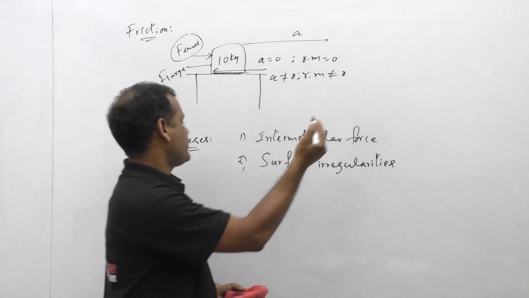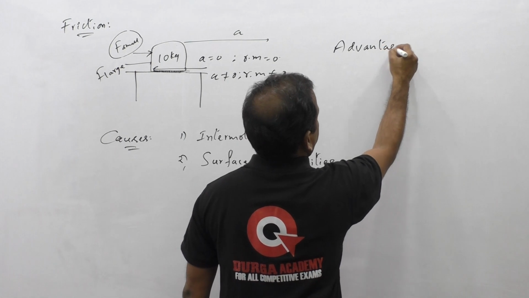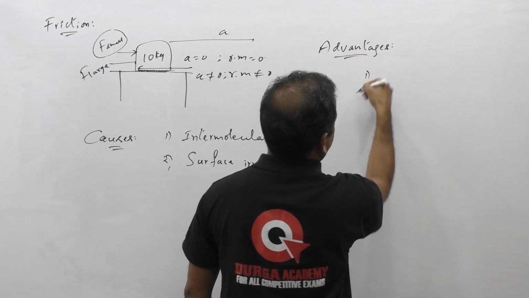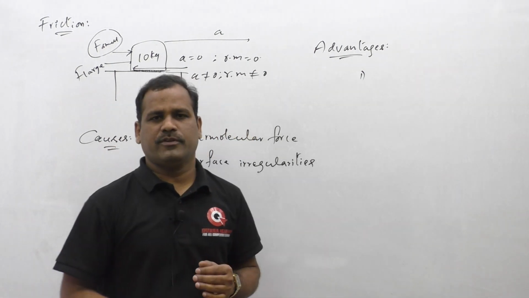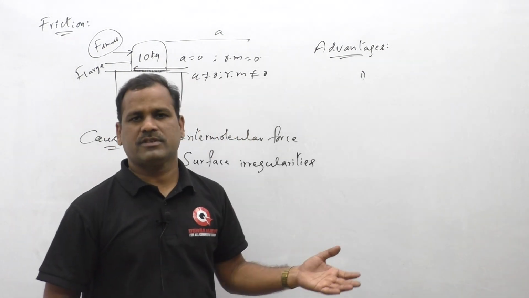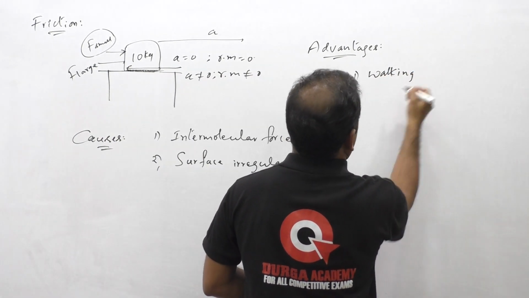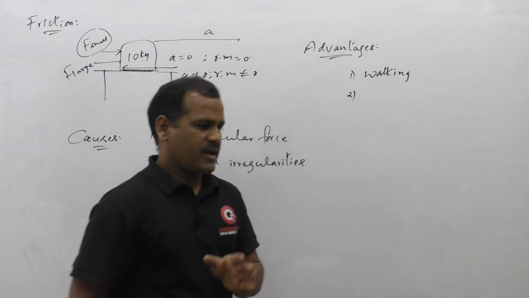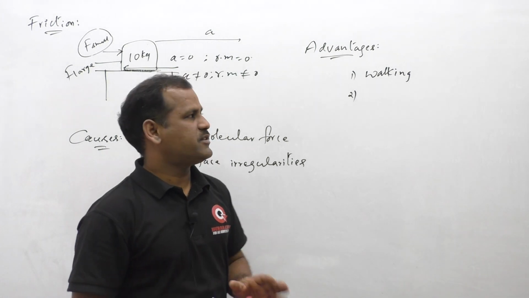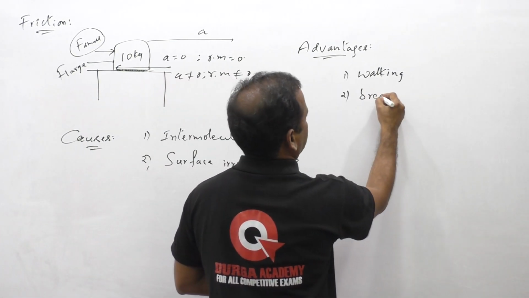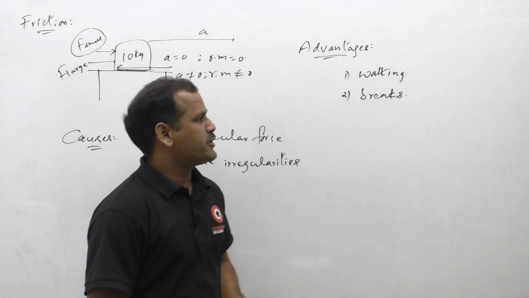Fine. Similarly, if you observe the advantages of friction, the first advantage is that walking on the floor is possible because of friction only. We are walking on the floor without sliding because of friction. So we can take walking as an advantage. Similarly, for a vehicle to come to rest, we apply brakes. Brakes act based on friction. So brakes are considered an advantage to stop vehicles and bring them to rest. Similarly,